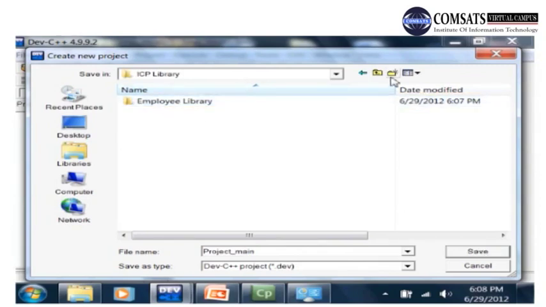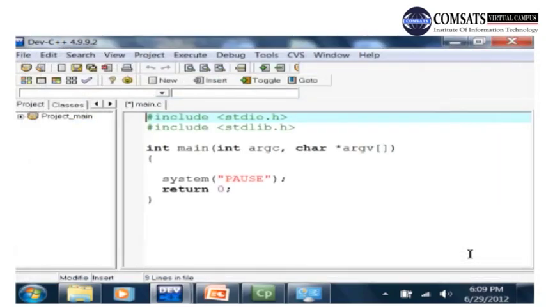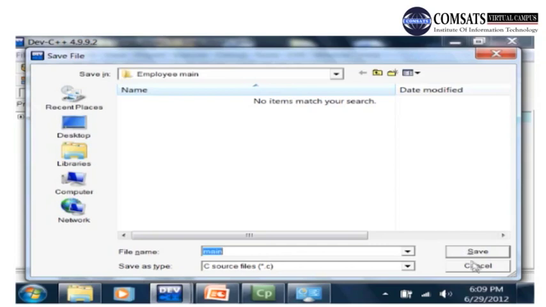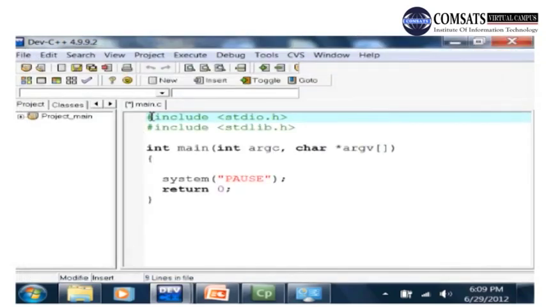So I'm creating a new folder over here. The name of the folder is employee main. Okay, so this is library, this is main function, main program, and save it over here. Okay, now you can remove these functions. आप इन फंक्शन को हटा सकते हैं, and because we want to include